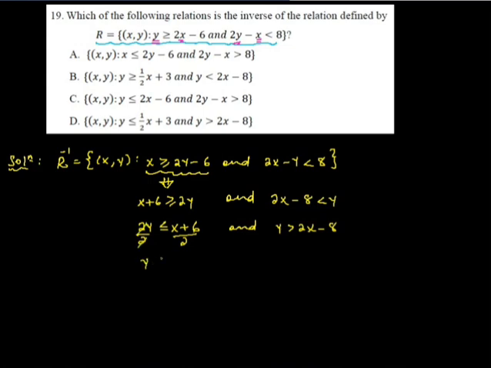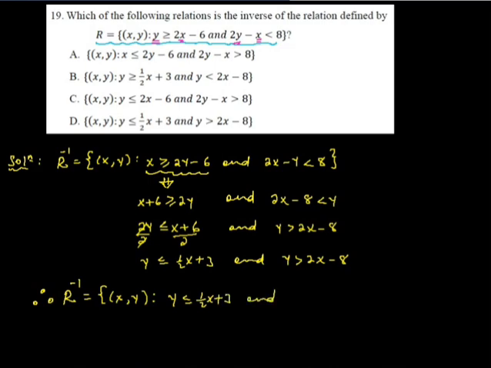so እዚች ጋር ለy ሶልቭ ስናደርግ ምን ይሆናል? y less than or equals to half of x plus 6/2 ማለት 3 ነው። and here y greater than 2x minus 8 ይሆናል ማለት ነው። so ይሄንን ግን ምርጫ ውስጥ እናገኛለን። so our r inverse can be written as set of order pair xy such that y is less than or equals to half of x plus 3 and y is greater than 2x minus 8. so r inverse in different ways እንጽፋለን። ከዚህ ውስጥ ምርጫችን D ይሆናል ማለት ነው።